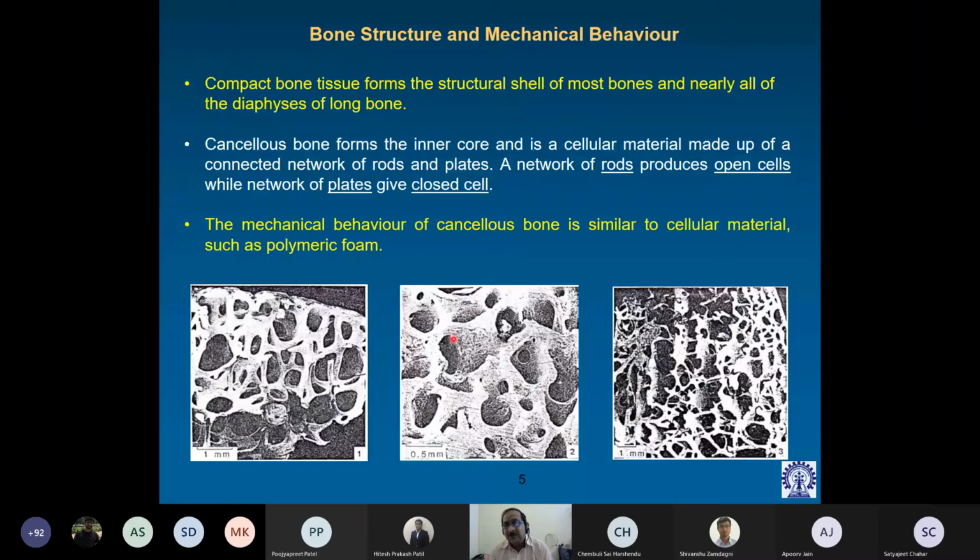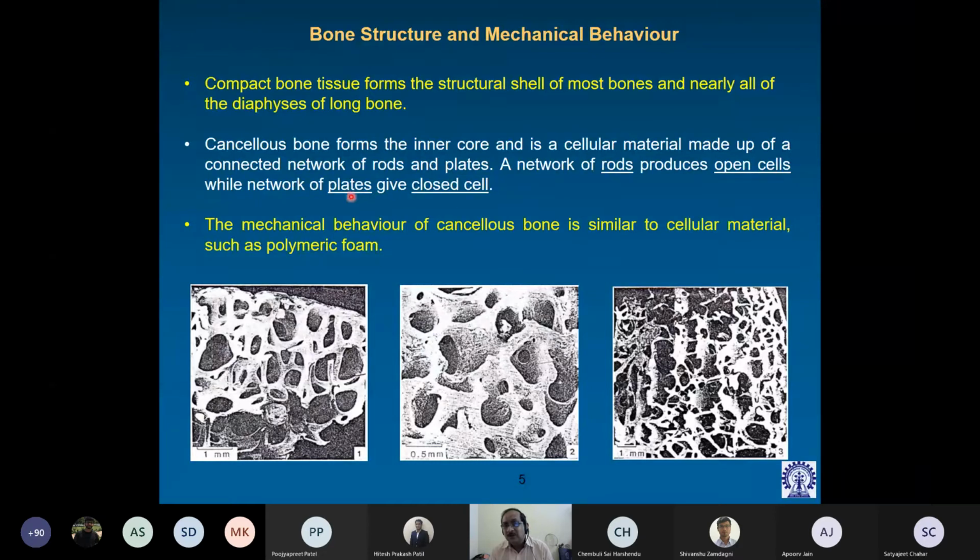So the figures below on the slides are trying to explain the different structures of cancellous bone, which is made up of a network of rods and plates. So with a network of rods, of course, the porosity increases and the density decreases. So it is more of an open cell structure, whereas when it converts towards plate-like structures, it gives you a more closed cell